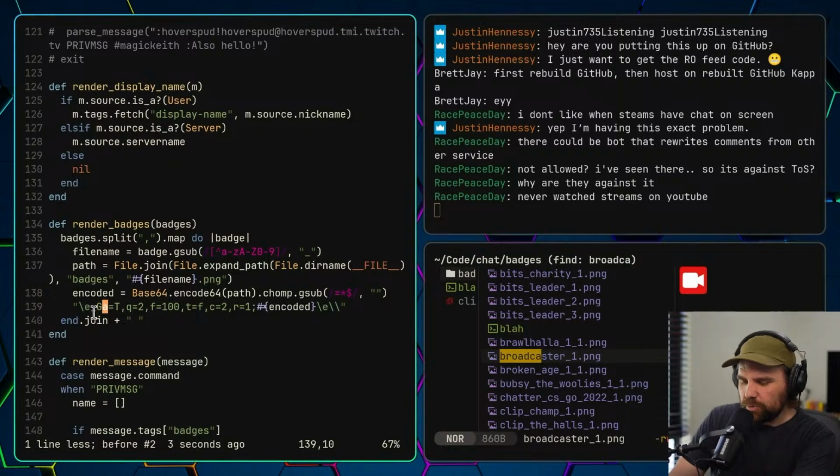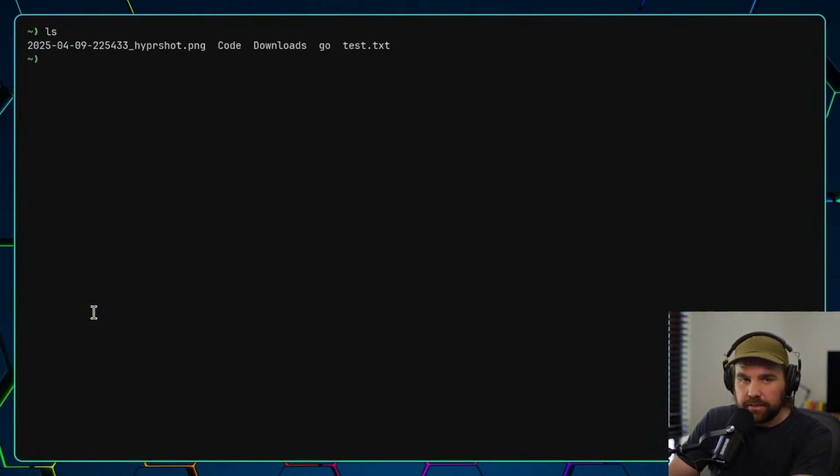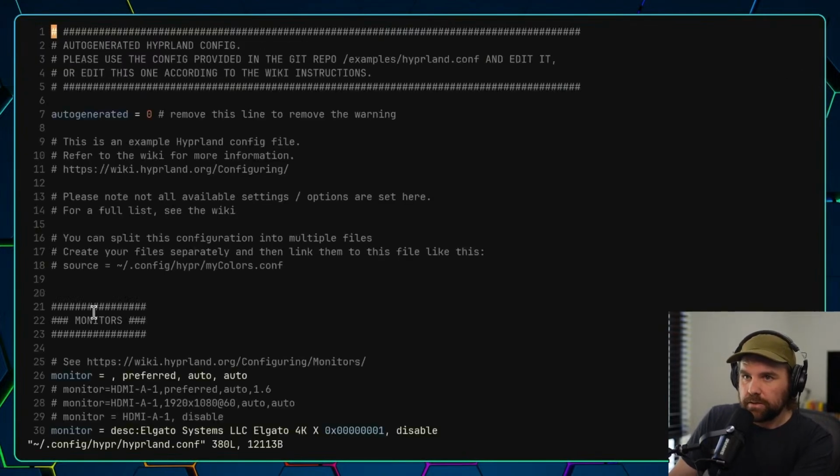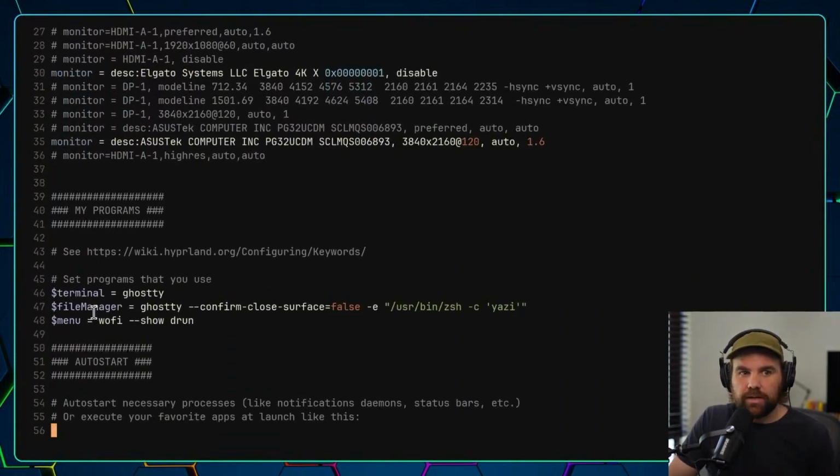But what I was wanting to show you, if I can get it working in a hot second, is Hyprland, which is my window manager thingy. You can do all sorts of cool things to windows. So let me quickly show you. This is the configuration file that configures my entire UI.